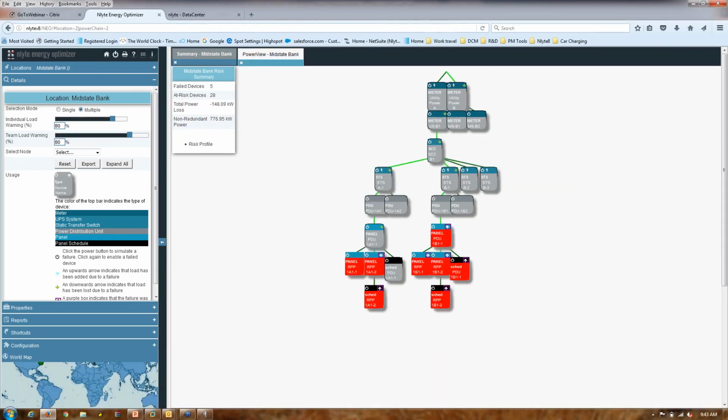This is all modeled inside Neo. Neo is doing this by reading the real-time telemetry of the data center, associating that to what's known as a device, which is a grouping of points, and then we can associate those devices to Nlyte assets. So we can start doing huge what-ifs inside your data center using your real-time telemetry. So this is the power view inside Neo. Now I'm going to go back over to